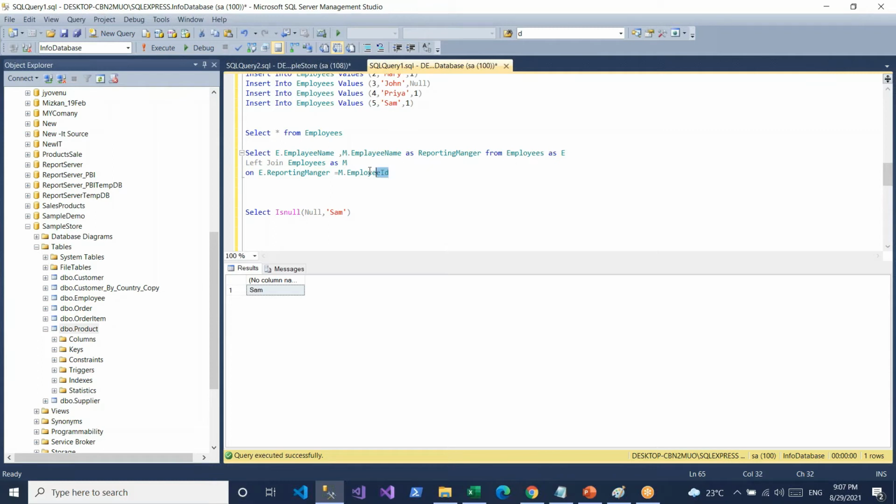In the same manner we will apply it here. If we have John, we'll give the John value. If we have Gita, the Gita value will come out. If there is a null, instead of null we need to give CEO. So the same thing I will apply here.